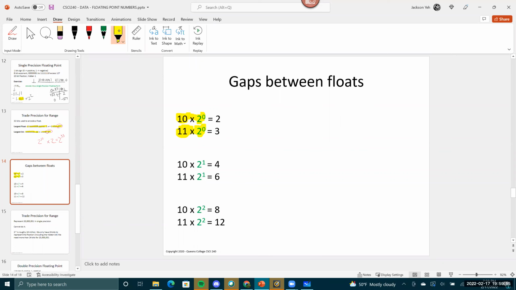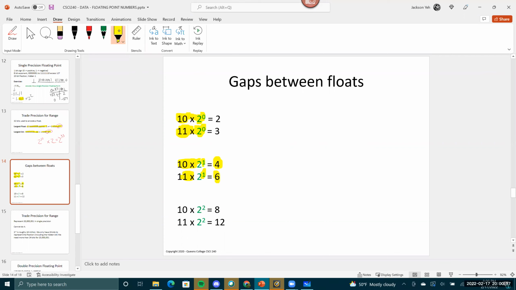So when the exponent is set to 2 to the 0, I can represent every single number in sequence, or contiguous. Now, this next set, all I did was change the exponent to 1. That's all I did. But now I'm multiplying by the same number, times 2 and times 3. Look at the result,